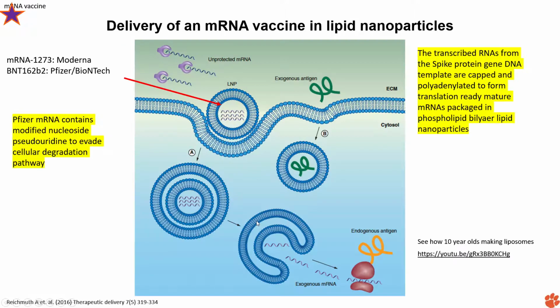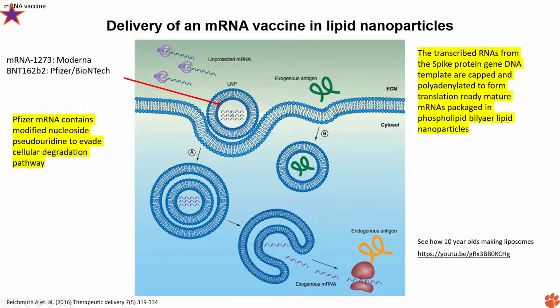And a couple of other properties: both of these, Moderna and the Pfizer, contain a modified nucleoside, which is the pseudouridine, to evade the cellular degradation pathway. So that's one of the important parts. The reason is that the pseudouridine is perfectly recognized by the ribosome, and there is no problem with the synthesis of the protein. It will be recognized as a U. But the TLRs,